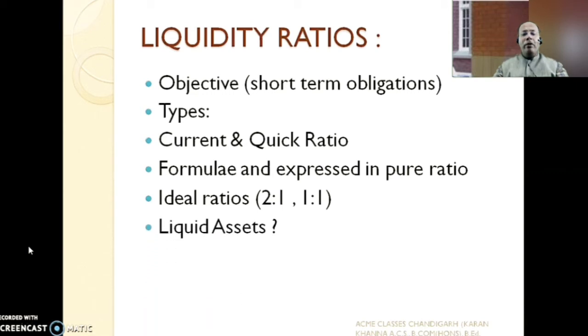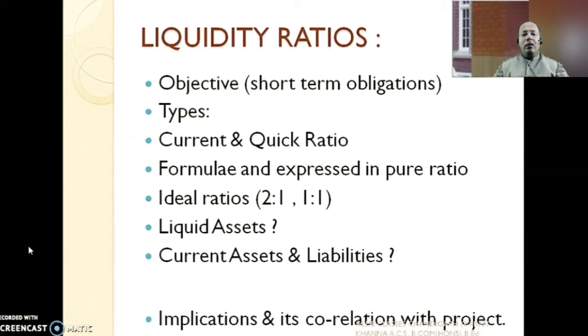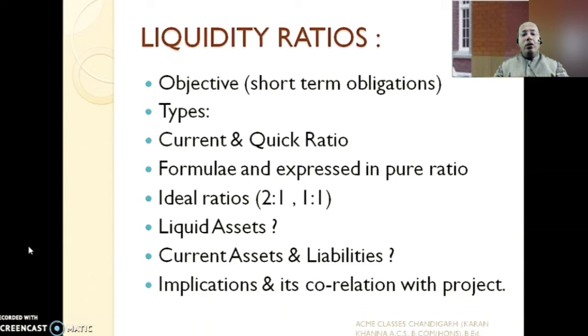Then you should be able to define the terms liquid assets, current assets, liabilities, implications of these ratios and their correlation with the project. So what do you mean by the term correlation with the project? You should be able to tell the person taking your Viva how, in terms of your company, the liquidity ratios have changed, whether they have improved, whether they have declined, and